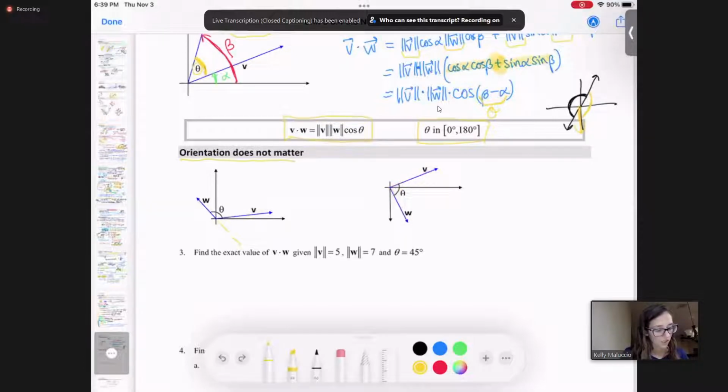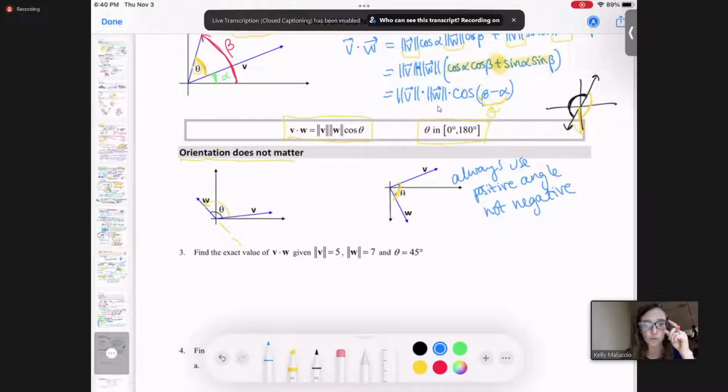So for these two examples, whatever this theta is here, as long as V and W are the same vectors and they're just shifted, scaled, or moved around, the angle between them is going to stay the same. Okay. And we will always use the positive angle, not negative. So if you get a negative angle, you want to just figure out, okay, do I just take